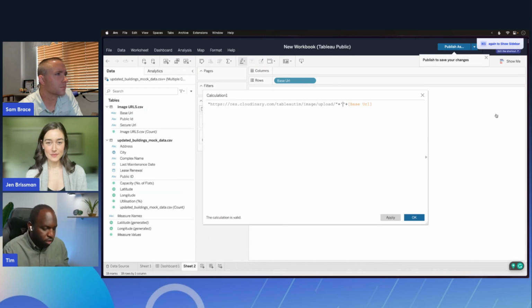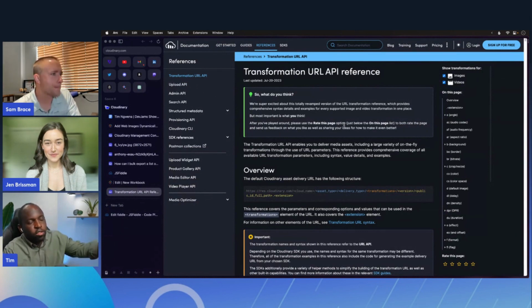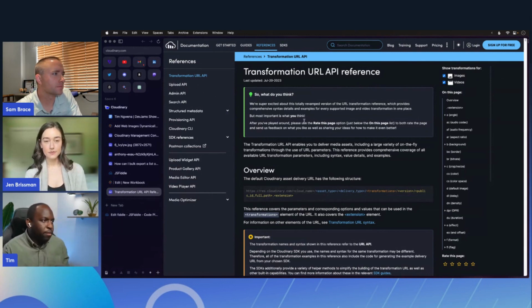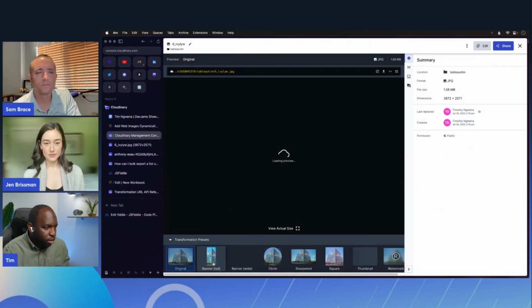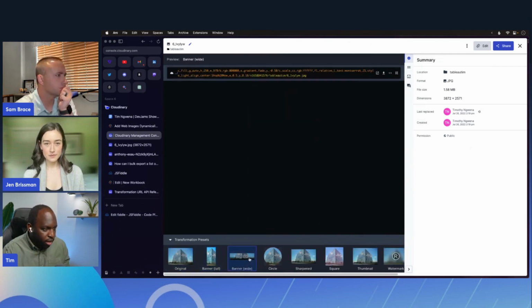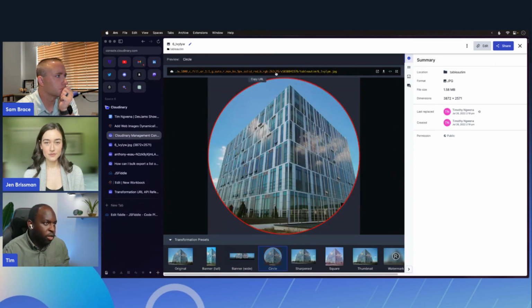And just so you know where I'm getting this from, there's a transformation URL API reference. You can actually see the transformations in the demo area when you go to an image. Previously, when you click on, let's say, this image, and click on the demo transformation presets here, you can see what's being done to the URL. But the thing about this is it's got quite a few transformations baked in. So if you're just trying to follow along, it's an okay place to start, but if you want to deconstruct it so you know how it works,